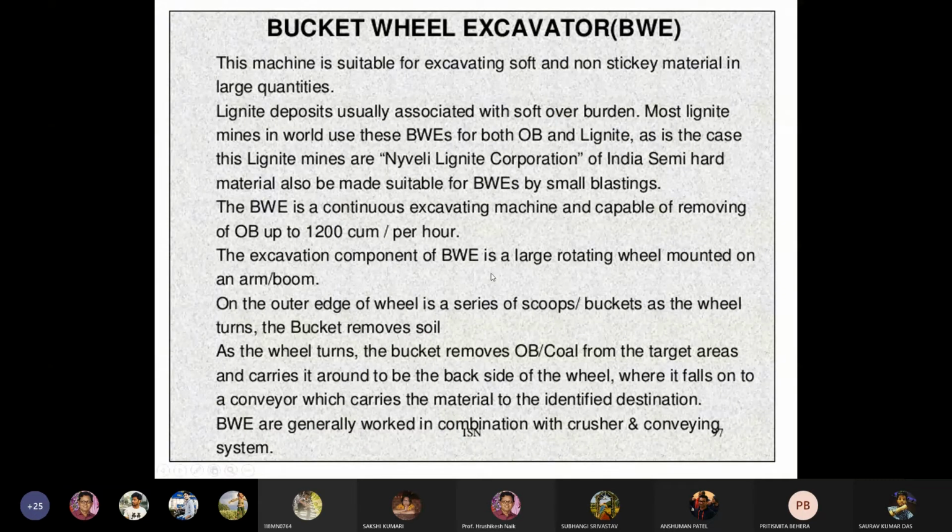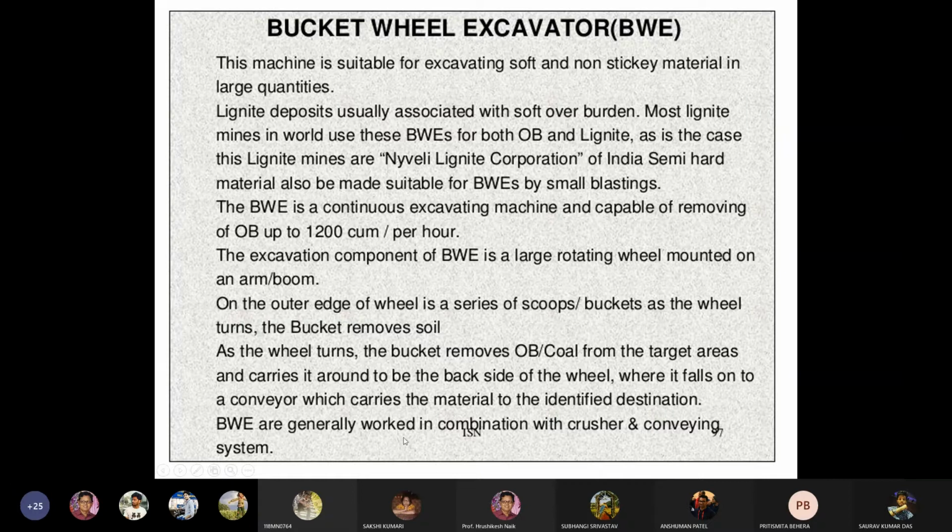The excavation component of the bucket wheel excavator is a large rotating wheel mounted on an arm or boom. On the outer edge of the wheel is a series of scoops or buckets. As the wheel turns, the bucket removes overburden or coal from the target areas and carries it around to the backside of the wheel, where it falls onto a conveyor which carries the material to the identified destination.